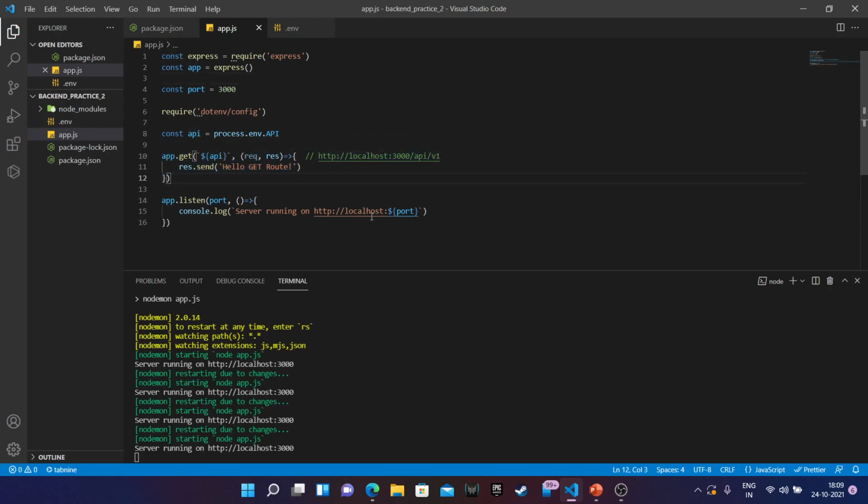I'll be covering some more concepts in the next video, such as sending JSON objects as a response, and I'll be explaining the connectivity with MongoDB, and many more concepts.